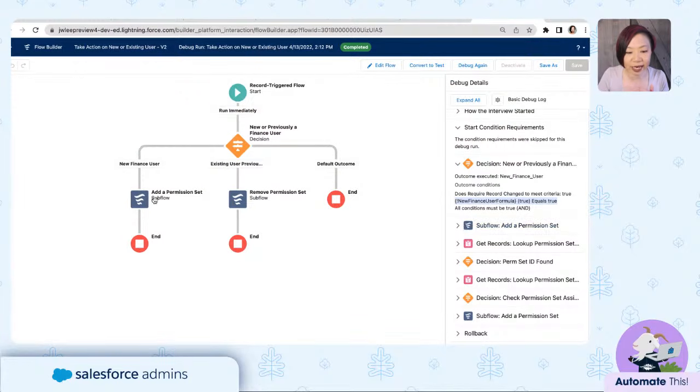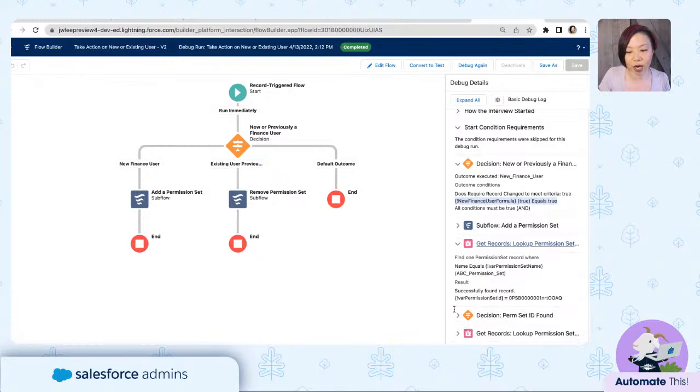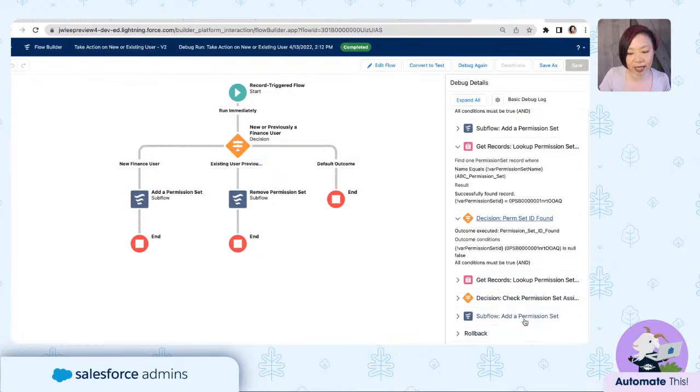Then, because we're going down this path, we're invoking the auto launch flow. So here you have the start of our auto launch flow, add a permission set, and it included all the steps that we already ran through in our auto launch flow in the debugger. So you could go through and take a look at all the steps, and this basically ends that auto launch